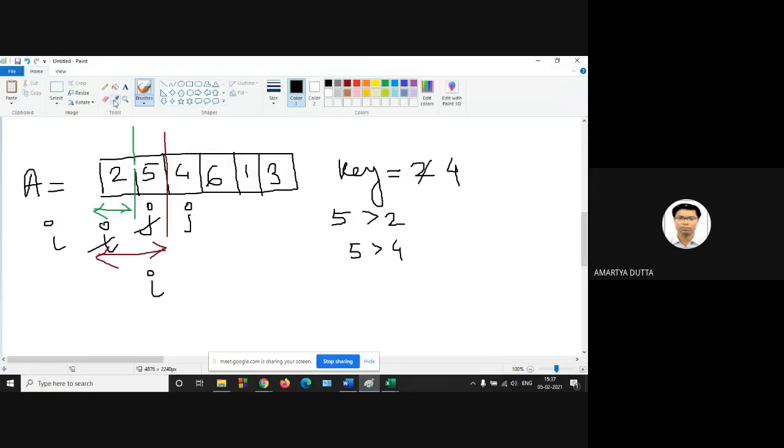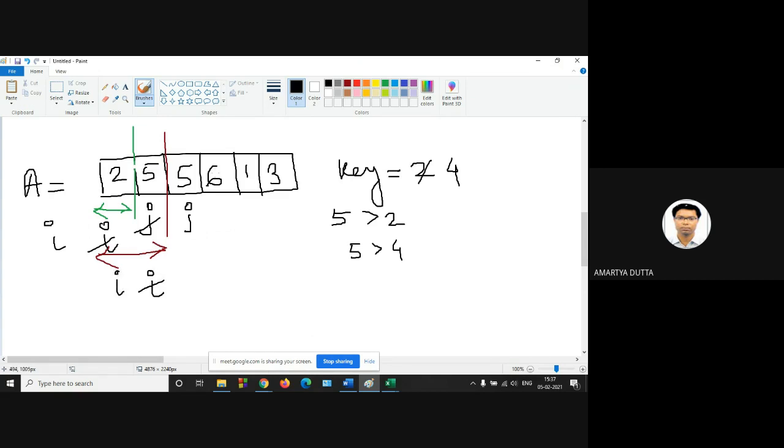So copy this 5, and then decrement the value of I. So the value of I is this.